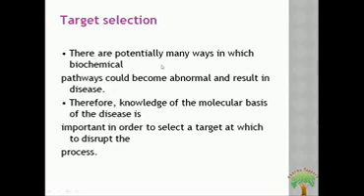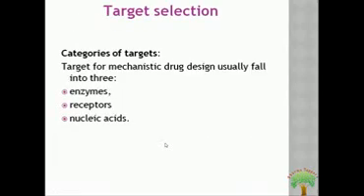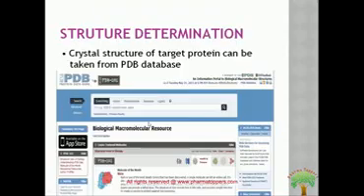From this target selection, there are potentially many ways in which biochemical pathways could become abnormal and result in the disease. So the molecular basis for the disease can be selected, that is the target can be identified to disrupt the process. And coming to the target selection, there may be three main targets, that is enzymes, receptors and nucleic acids. The structure determination. Once we identify the target, the structure can be determined from various sources, that is